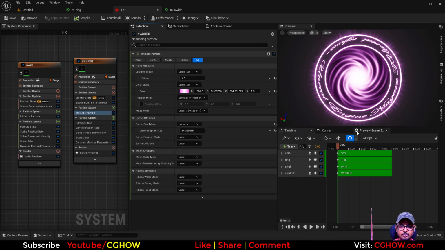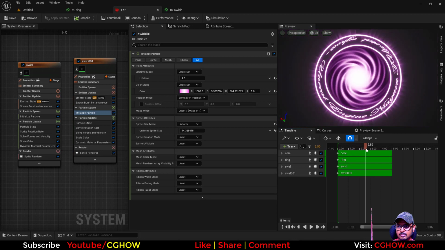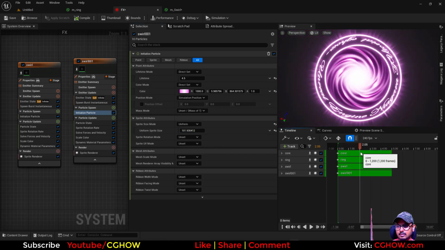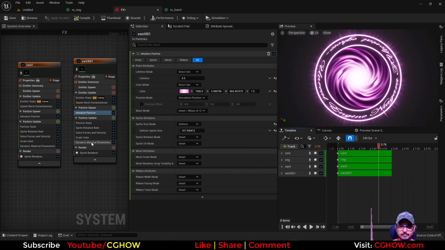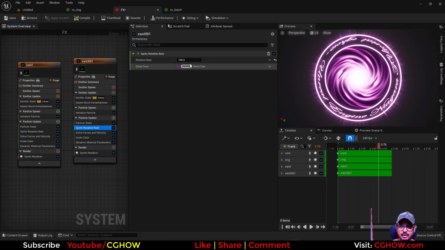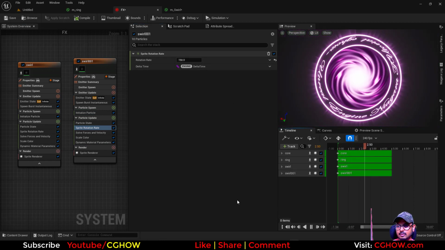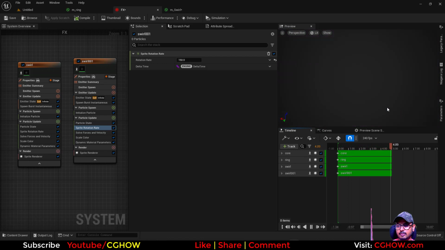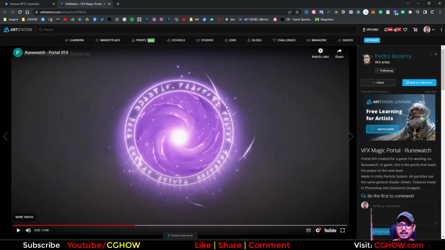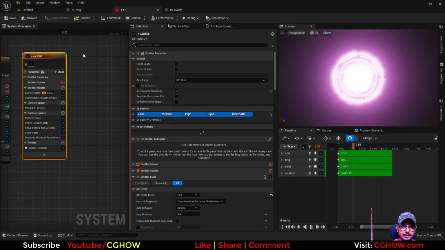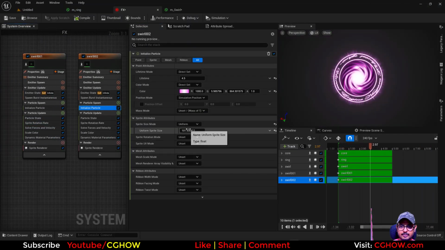And also I'll increase the size here. There will be some, and rotation rate I'll increase to 150. It will be faster. Okay, and there are some coming from outside that you can of course duplicate again and increase the size